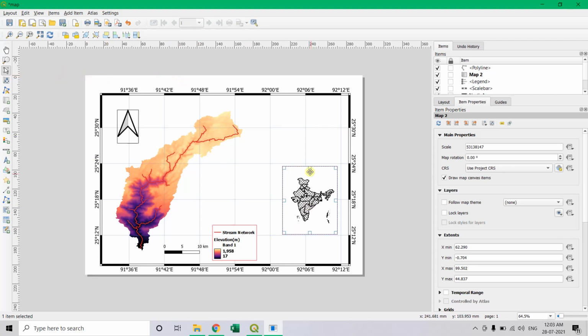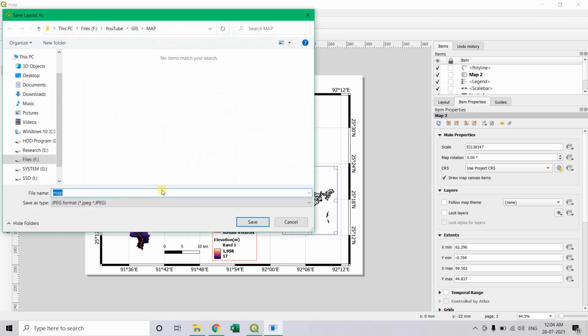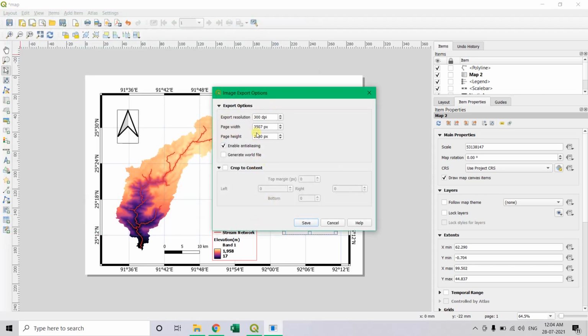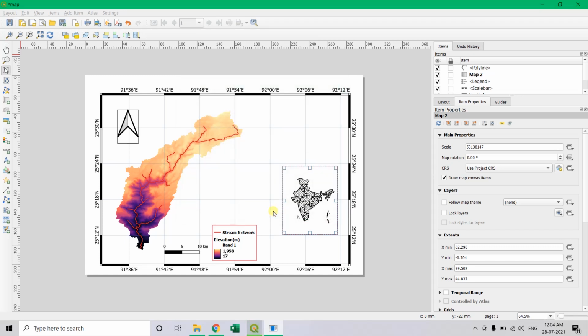And before that, I will say how to export it into the image format, and let us now save it. After saving it, we can simply go to layout and export as image. Simply you can go here, then you can have it in JPG format, then click on save, and here it will ask for the width, then simply click save. Now it has been saved. You can simply go to